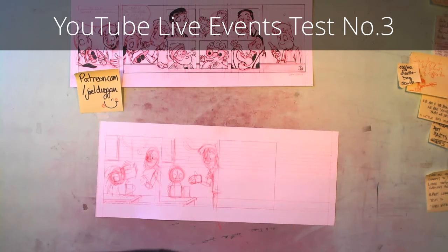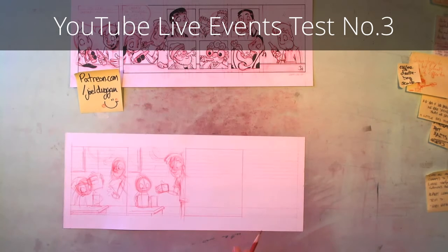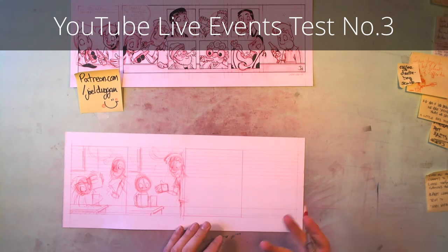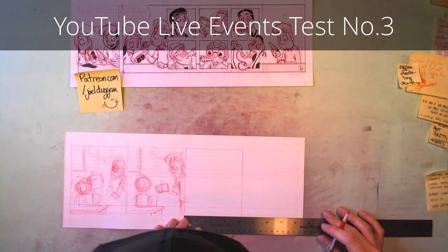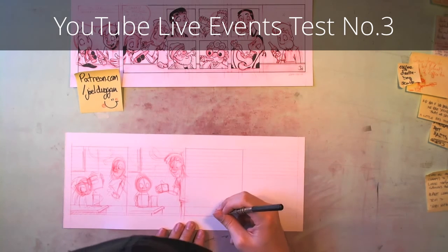The issue that I have with a lot of this crowdsourced stuff for a lot of young or new cartoonists, not to say that everybody's young, is that they tend to look at it as a quick way to make money, and that just has to not be the mindset. If you're starting a Patreon, then it should be a long-term goal of eventually having the comic pay for itself. I think it's disappointing for new comic artists that don't see the numbers that they want right away, but I also think